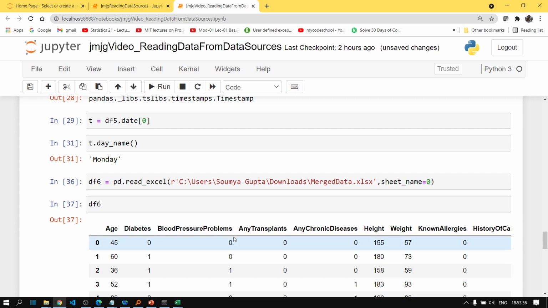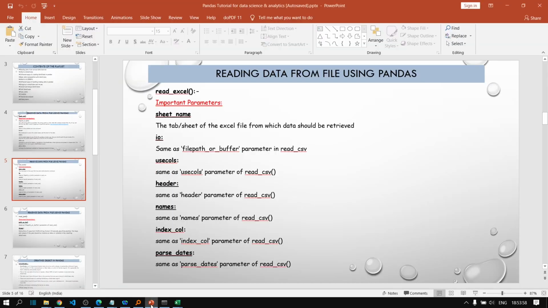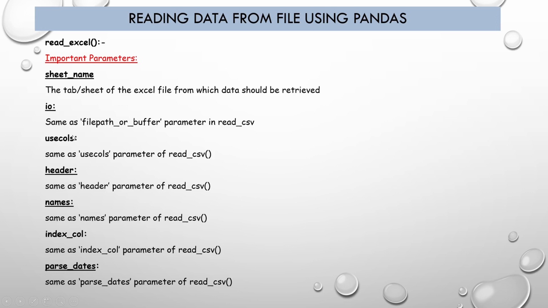Rest all the parameters are exactly the same as that of the read CSV function. So usecols, header, names, index_col, parse_dates, all of these parameters have already been discussed. In case of read CSV function, we had something called file path or buffer.